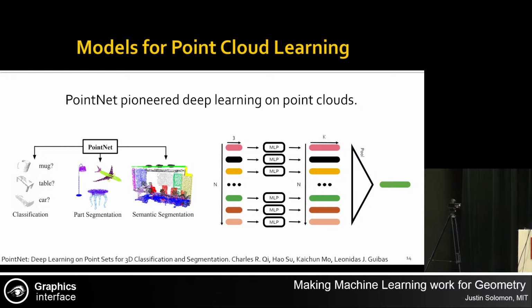It learns a function on R3, like on the space around your geometry, and it evaluates it at every single point in your point cloud. So if I input this 3D mug over here, then every single point in the 3D mug gets run through the same function independently of all the other points. So in essence, you're taking your geometry and lifting it to some high-dimensional space. And now you have a k-dimensional mug over here. Oops, I think I said n before, but that's OK. And I need to take all of these k pieces of information and then summarize it into a single decision, like is this a mug or is this some other object?